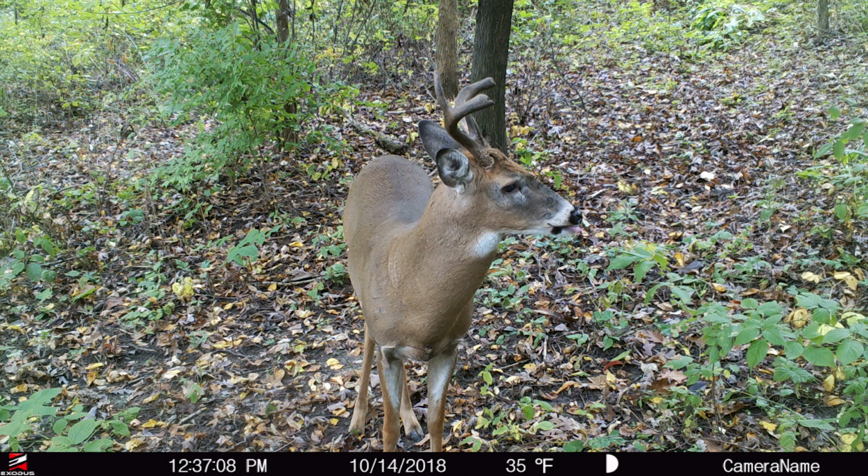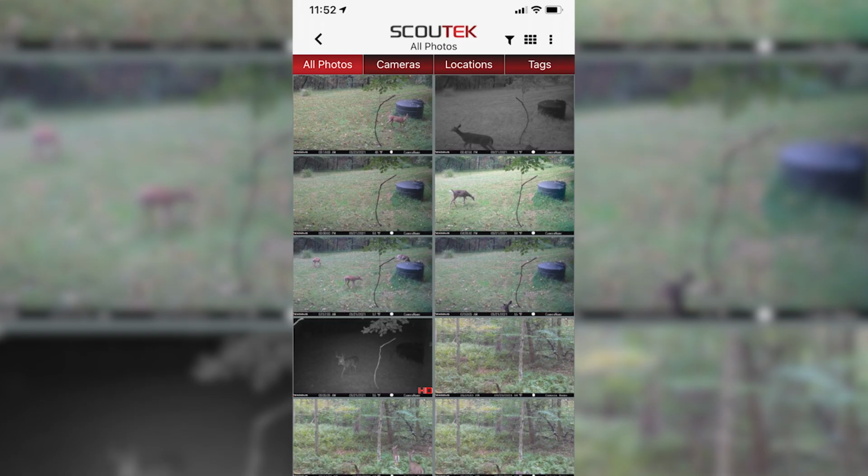So I'm going to start with real time and I'll work my way down to the 24-hour upload interval. First of all, real-time upload interval. The camera is going to trigger, and in real time, it will then upload that picture to the server, to your Scoutek app, or to your phone. Real time is not really as soon as it happens, but we advertise under 20 seconds,